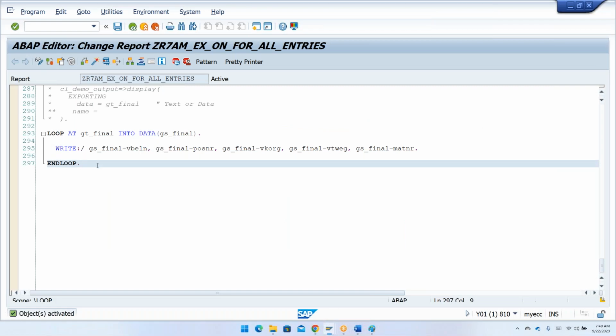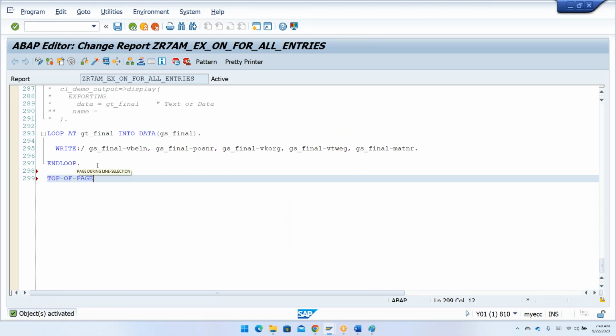So now I'm just going to have my top of page. Top of page is used to provide the same header in all the pages. Whatever you are going to print in the output, in order to showcase that, we will be using your top of page. Now, when I activate this one and click on execute,